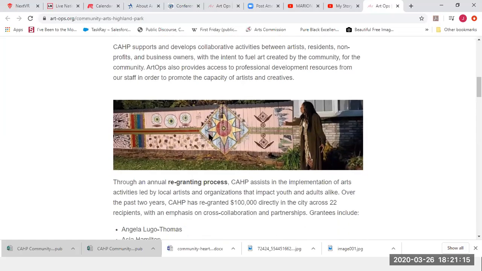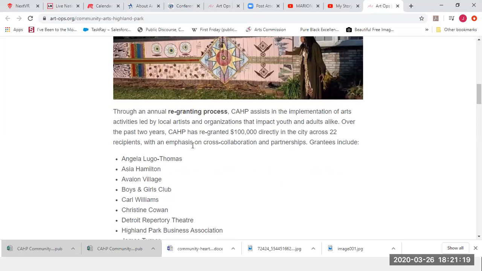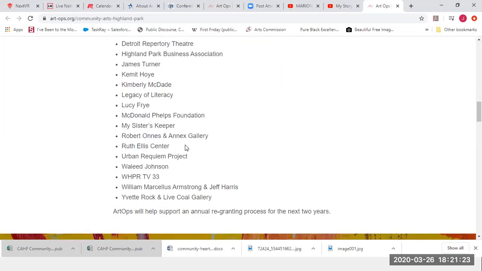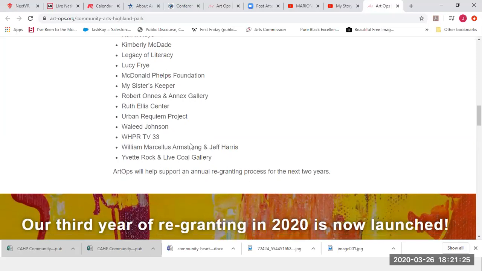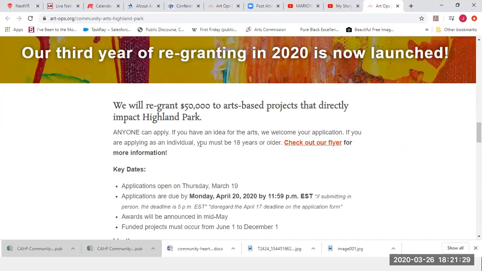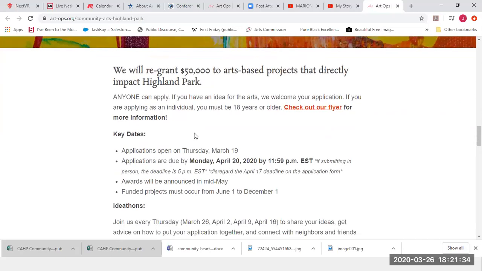So I can talk about that another time, but here we have a list of people who have received the grant so far over the past 2 years. And this is our 3rd year of the re-grant for 2020. So we have a cool flyer, which I'm going to show you because I worked really hard on it.